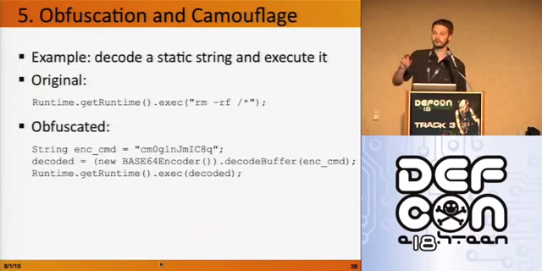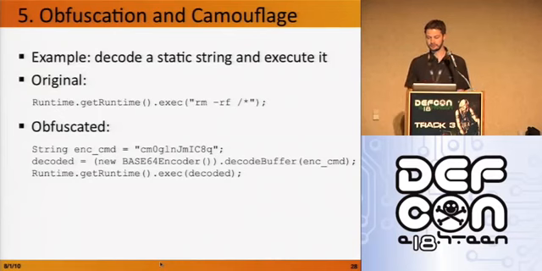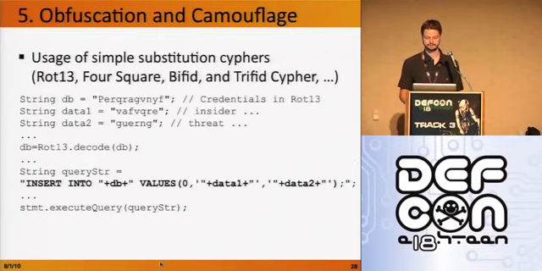The good part here is these three lines of code do not have to be in sequential order. You can spread them out over your application where it makes more sense to put that piece of code. So once you come to the execution of the string, you have no idea what's actually executed. It's not obvious. You have to track back and try to figure out what's actually executed here. So that's a neat way to hide.